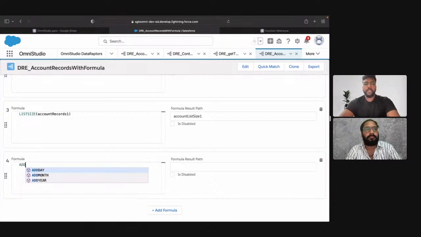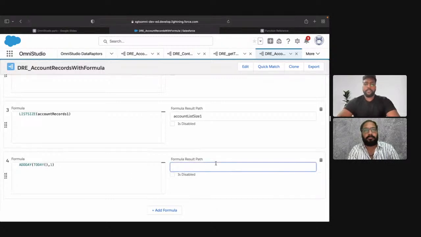So what we can do is we will search for add day, and in this again we can use one more formula which is called today. So this today will give you today's date, and in the other part we can say add one day to it. Okay, and let's say the result can be new date,